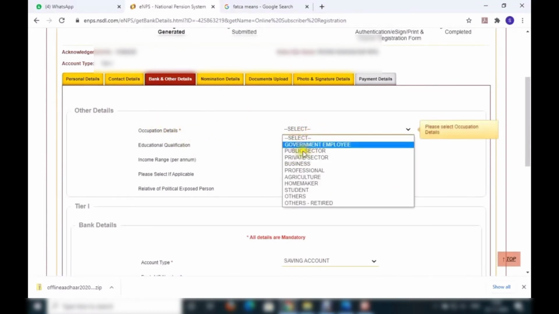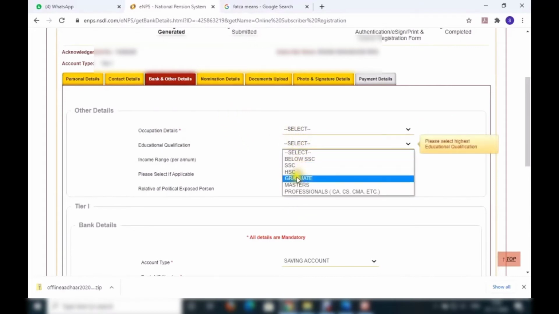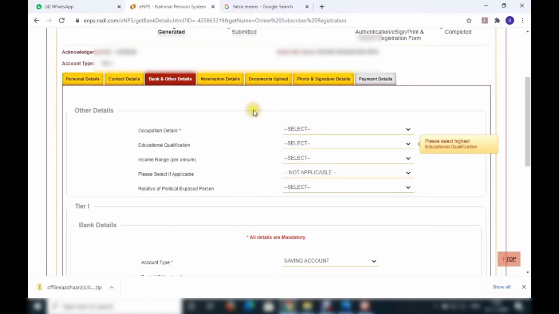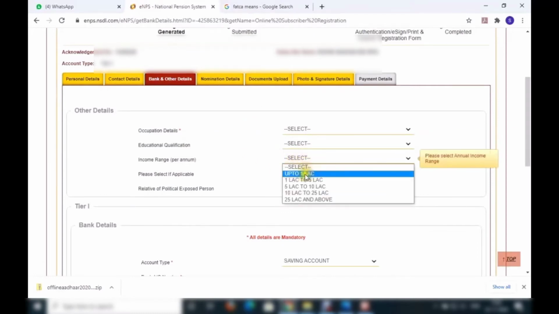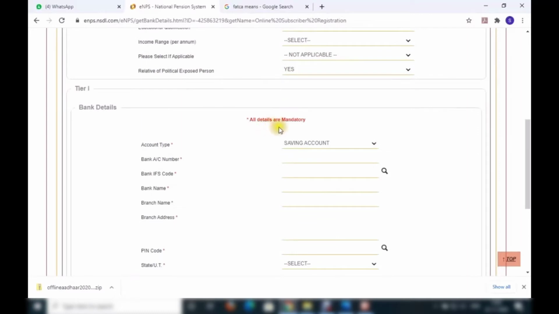Next click continue and fill all the details: your occupation details, education qualification, income range, and this is important, select if applicable whether you are politically exposed or not, and whether you are a relative of any politically exposed persons.